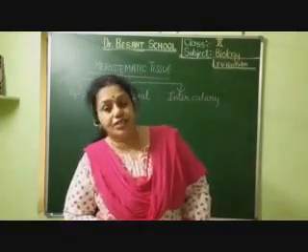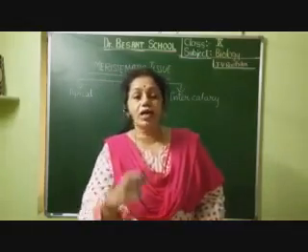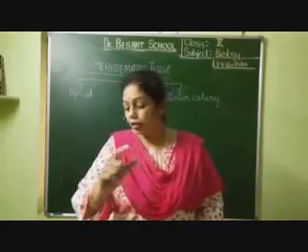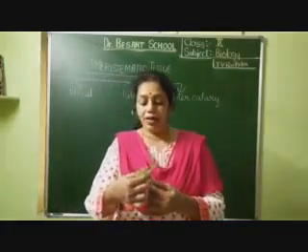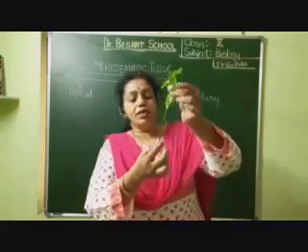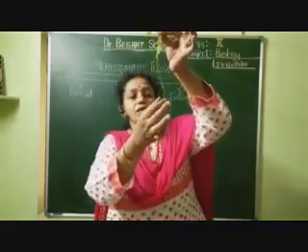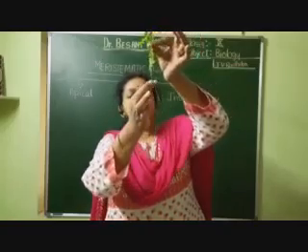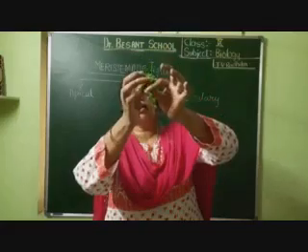As the name suggests, the first one is apical meristem, which is present at the root tip and the shoot tip. So here I have got a very small young plant, wherein you can see the roots growing. See how long the root is. The plant is only this much, but the root is so long, and this root would be growing deeper as the plant grows upwards.